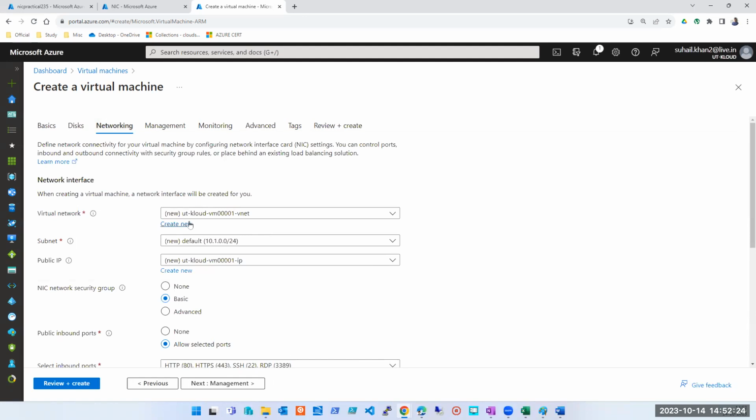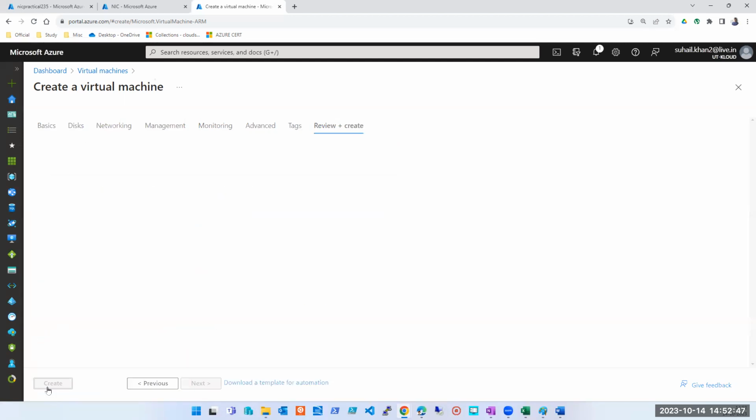For example, now this virtual network is being created while creating the machine. Does it mean that this is the virtual network of only this single virtual machine? Can you not use it later? You can use it later. Yes. Similarly, NSG is being created and being applied on NIC level.